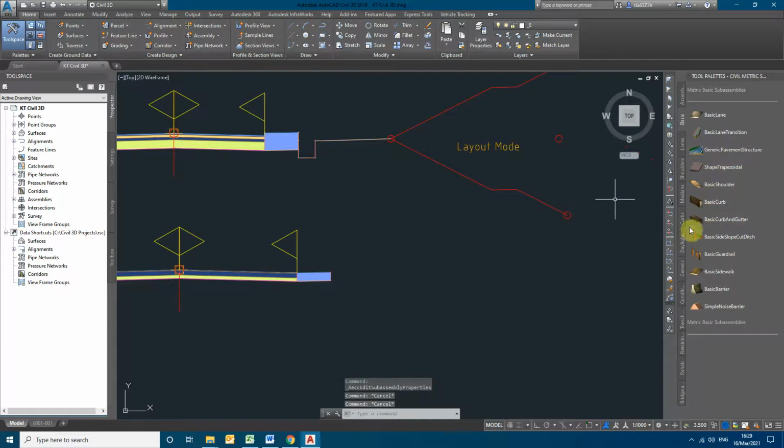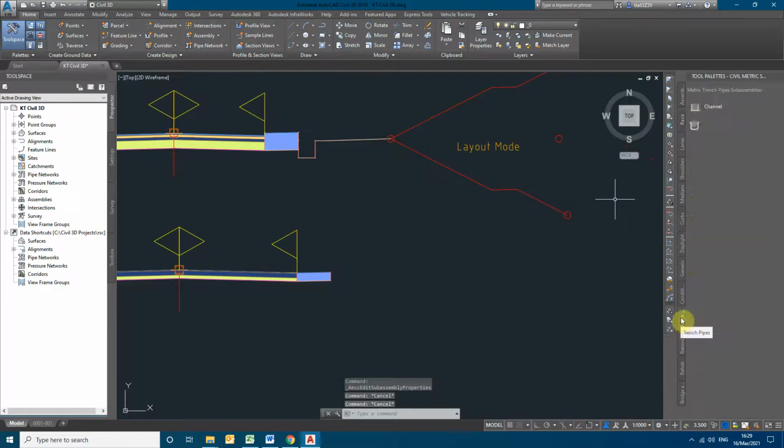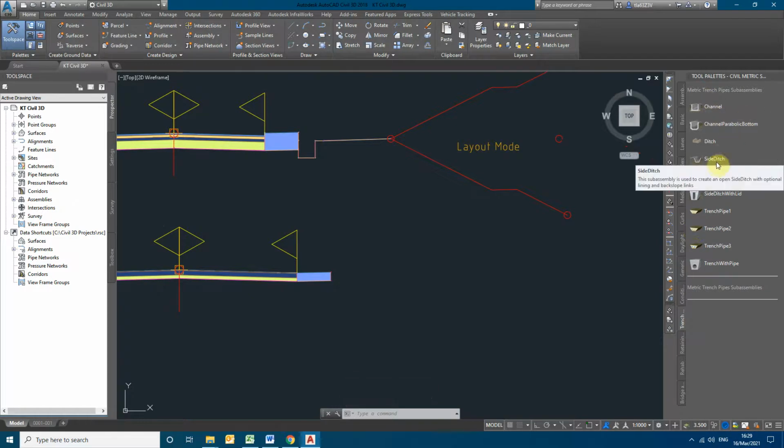Similarly, we can go for the ditches, side trenches, simple channel, trapezoidal channel, or side ditch or anything. I'm just taking the channel.